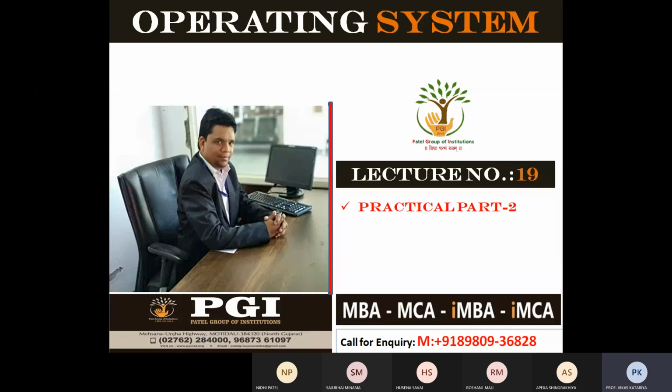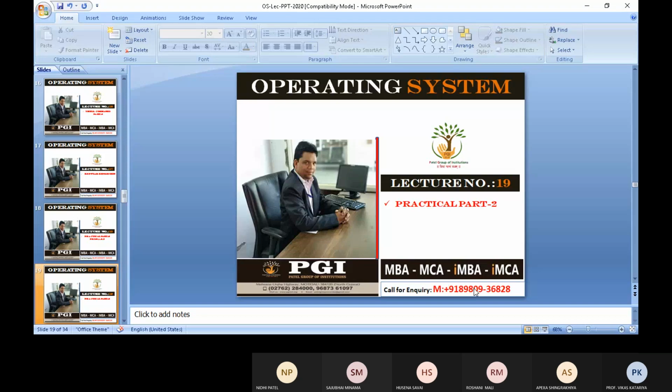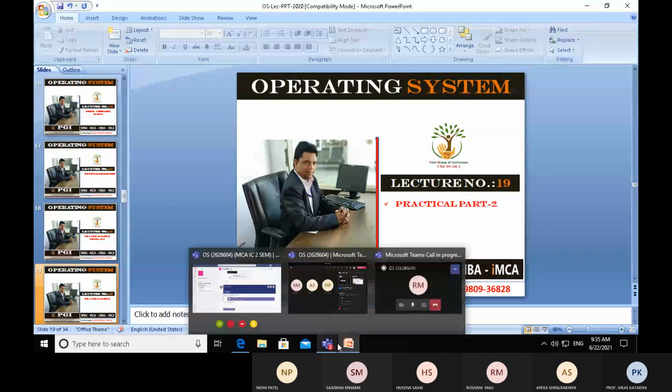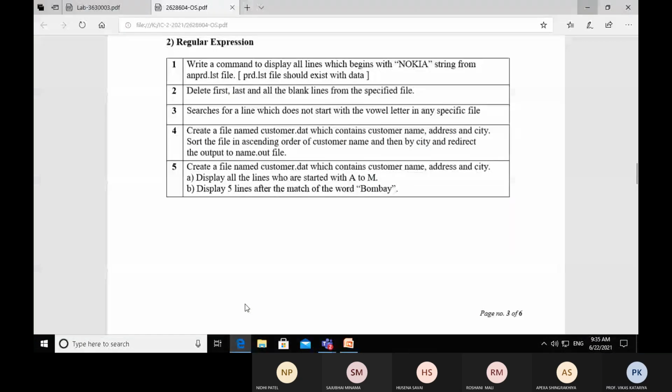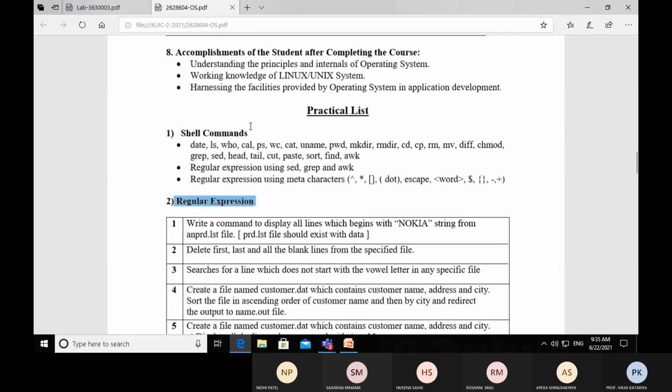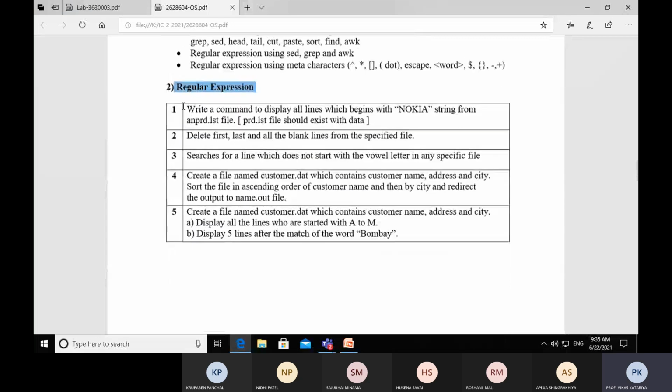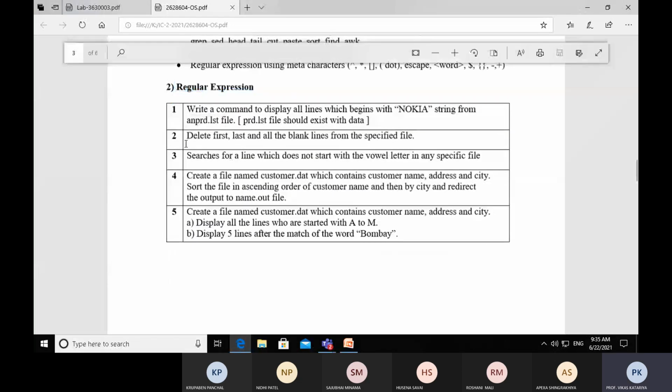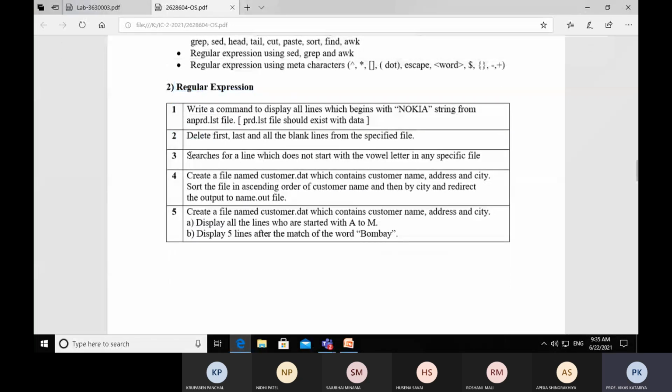Okay, so let's begin the session. This is lecture number 19 and we are dealing with practical part 2. So in regular expression, we have done question number 1, question number 2 and question number 3.